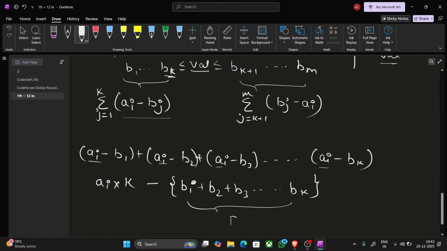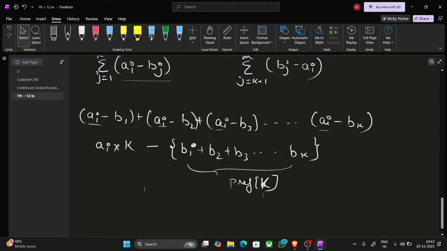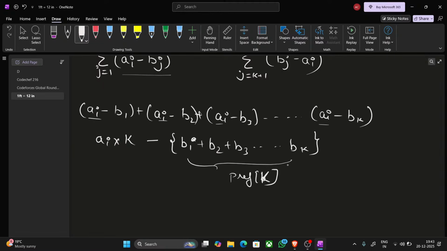Is this just the prefix of b, prefix of b up to k? Right. I can use a prefix sum here to calculate this in O(1) time. Any doubt till now? For this particular part, I'm doing the first part. Now for the second part,